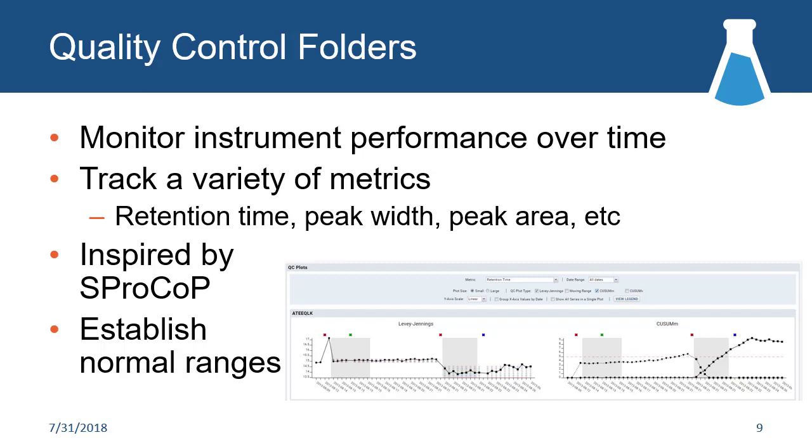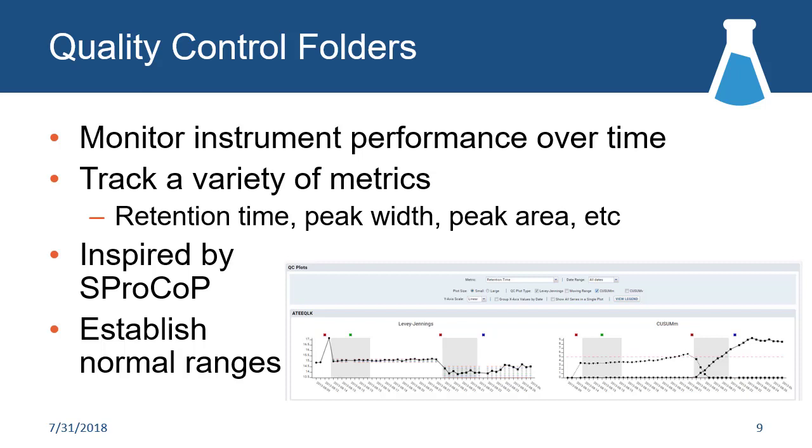So we have a variety of different metrics that you can track. That's things like retention time or peak width or peak area. We can do the ratio between the peptide and the transition areas to see if we're getting significant fall off or change there. And we can essentially, for a handful of configured analytes, so that's either peptides or small molecules, monitor their performance